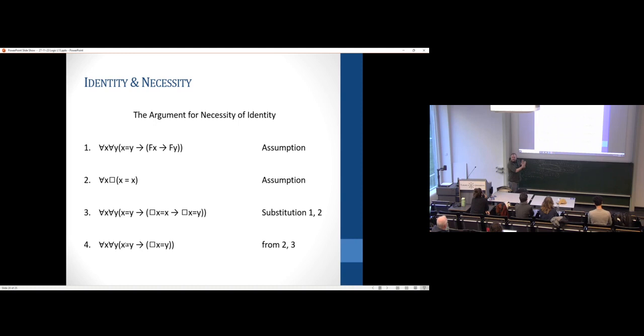And then we can just simplify, because this is trivial. So we don't need the antecedent here. We can erase it effectively. And we get this. And this tells us, for any two things, if they're identical, then they're necessarily so. Again, you don't have to know this argument, but this is the kind of thing in the background. It's very plausible. It's basically a version of... Remember earlier I said that there was this too cheap way to make this true? This is using the too cheap move in reverse.